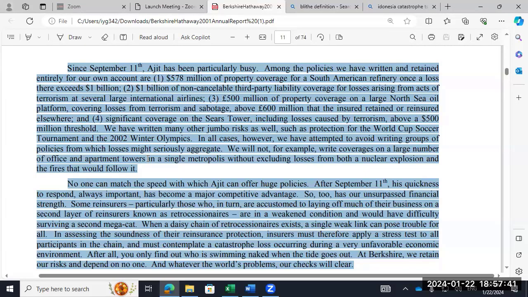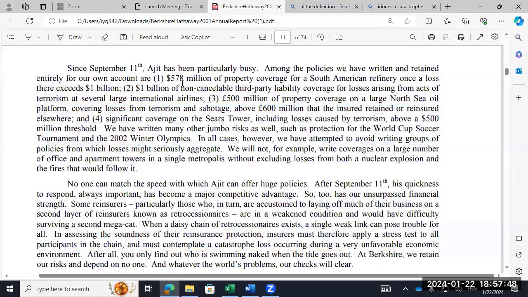Now, one thing about reinsurers is that their deductibles are massive. So what is his deductible here? $1 billion. So they're providing $578 million in coverage, but $1 billion in loss has to happen before they owe anything. So you can see why he's talking about very, very low frequency events. These are very, very rare events, extreme events.